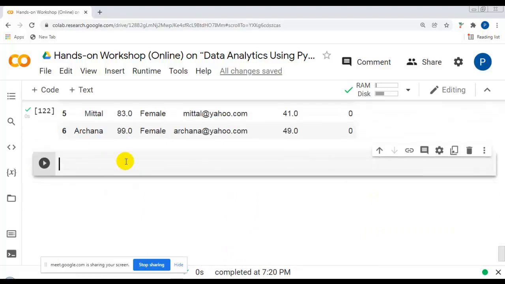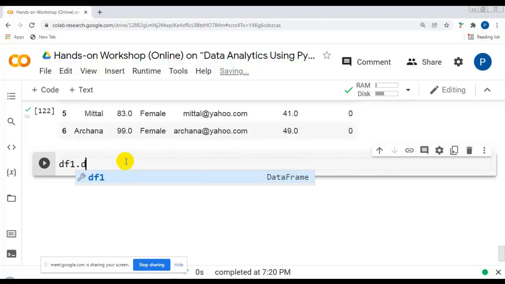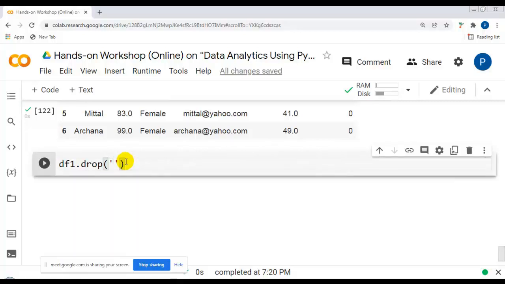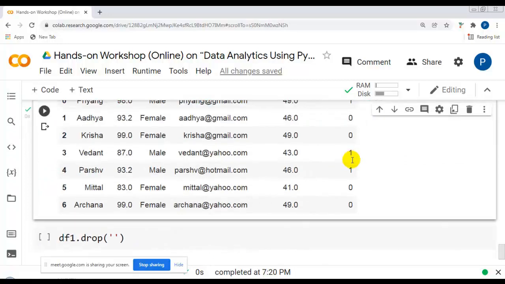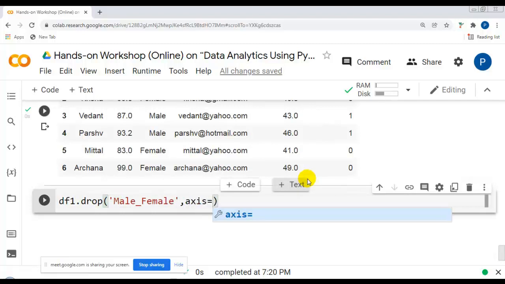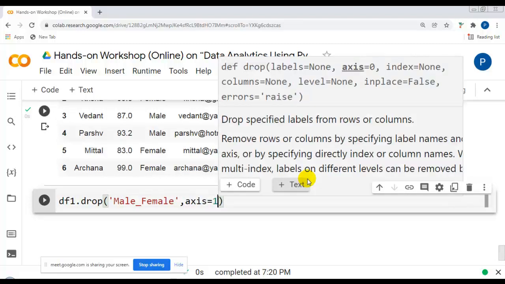I want to drop a particular column. So for that I have to write df1, which is pointing to our data frame, and the drop method, right? Here let me copy this column name and paste it over here. And please don't forget to write axis is equal to 1. Please remember this axis equal to 1 represents columns. If you write 0, then rows. So here I want to drop a column, so that's why it is necessary to write axis is equal to